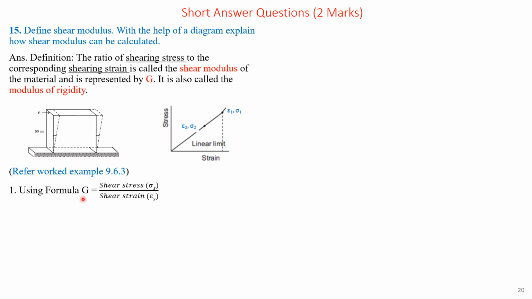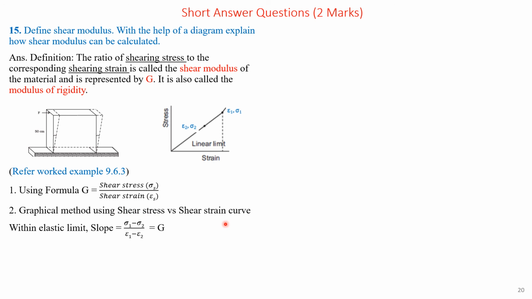Therefore, G is equal to shear stress sigma s divided by shear strain epsilon s. We can find this using the graphical method, that is the stress versus strain curve. The slope is given by sigma 1 minus sigma 2 divided by epsilon 1 minus epsilon 2,